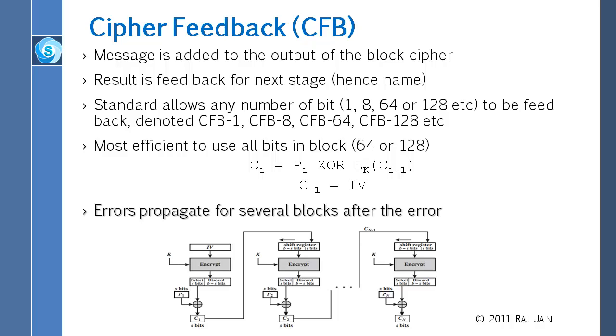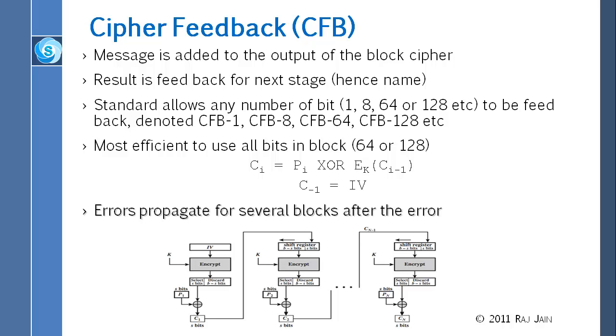And so in Cipher Feedback, you take the initial value, you encrypt it with a key, then whatever comes out as a result, you exclusive-OR that with the plain text. Now you don't have to exclusive-OR the whole thing, you could exclusive-OR a part of it with the plain text, and then whatever comes out as cipher text, you feed it back there and you continue. So the first time you need the IV, other times you just use the cipher text.